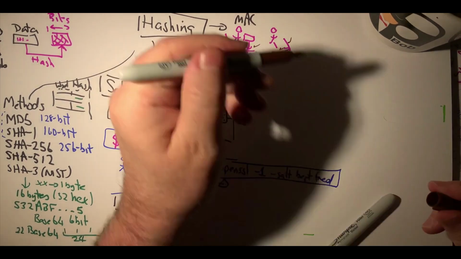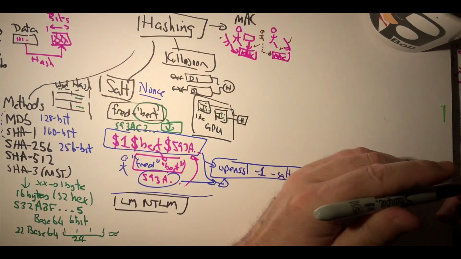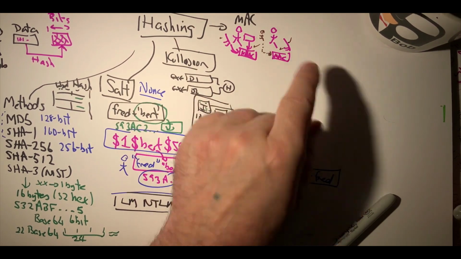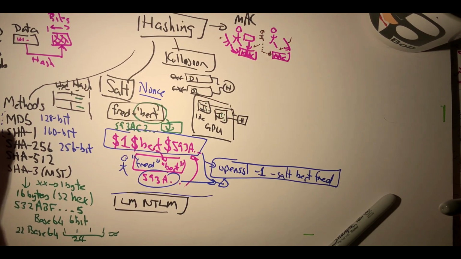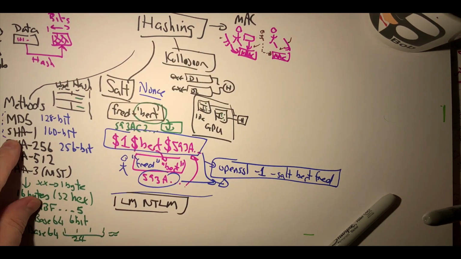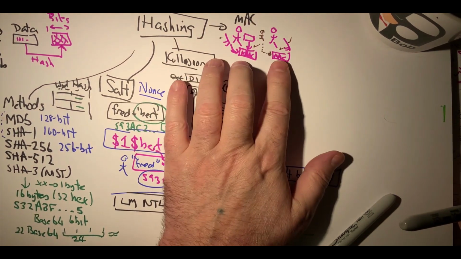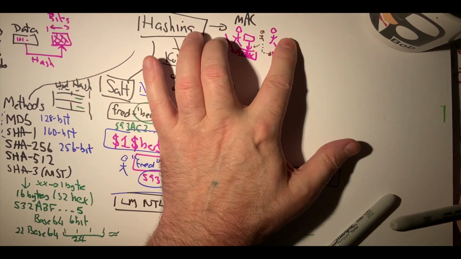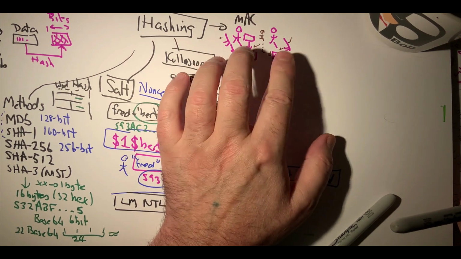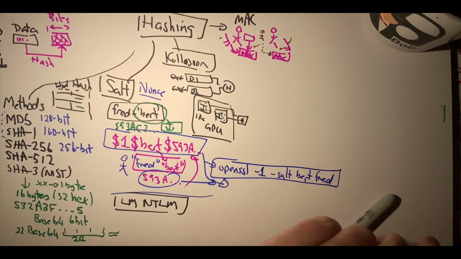And in this way, Eve cannot get in between the connection and hijack the session and generate valid HMAC codes. So we typically define these in terms of these methods here, but we define it as HMAC SHA-256, say, and they both agree on that, and they can validate both that they have the same shared key, same shared secret, and also that the data is defined properly with the message authentication code.